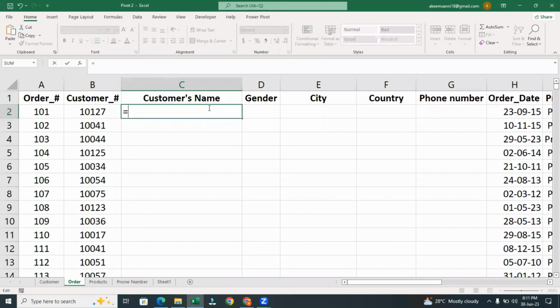That is where you're going to see XLOOKUP, you're going to see sequence, you're going to see unique also. So all those formulas that I just mentioned now, they are not in 2016 or 2019 version. So if you are using 2016 or 2019 version, just stick with VLOOKUP. But if you are using the latest version, which is 2021, you can use XLOOKUP. So I say equals to XLOOKUP,